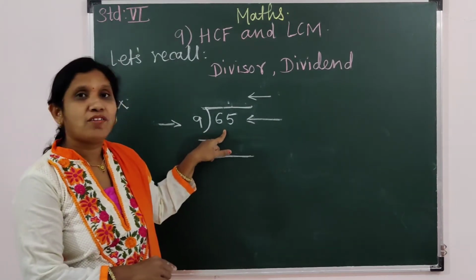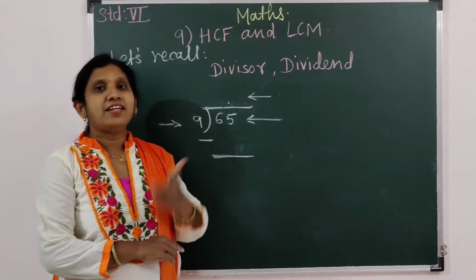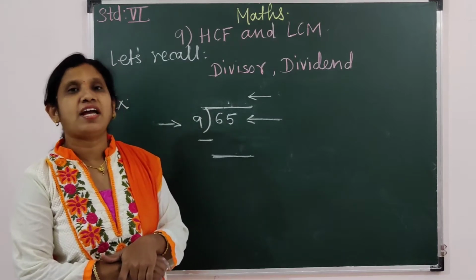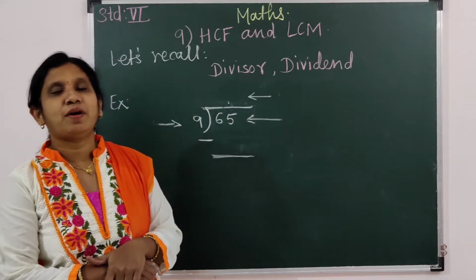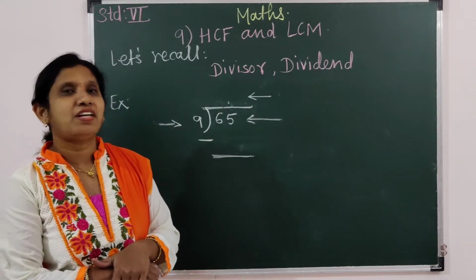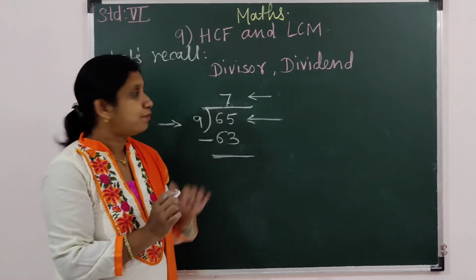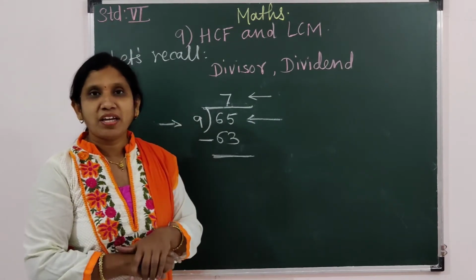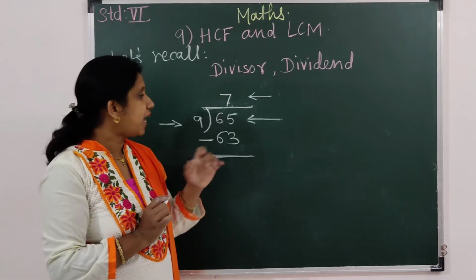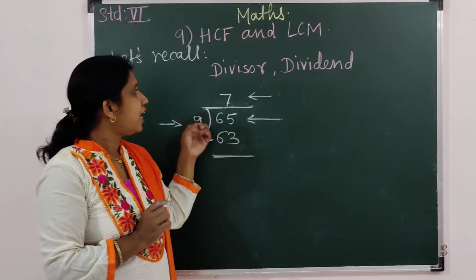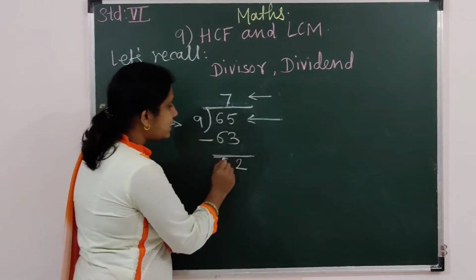Now here we have to divide number 65 by 9. Okay, now let's start saying the table of 9. 9 1s are 9, 9 2s are 18, 9 3s are 27, 9 4s are 36, 9 5s are 45, 9 6s are 54, 9 7s are 63. So 7. Let's write here 63 because in the table of 9, 65 is not there. So we have to choose such a number which is close to 65. That is why we have chosen number 63. 9 7s are 63. Now let's see 5 minus 3, 2, 6 minus 6, 0.